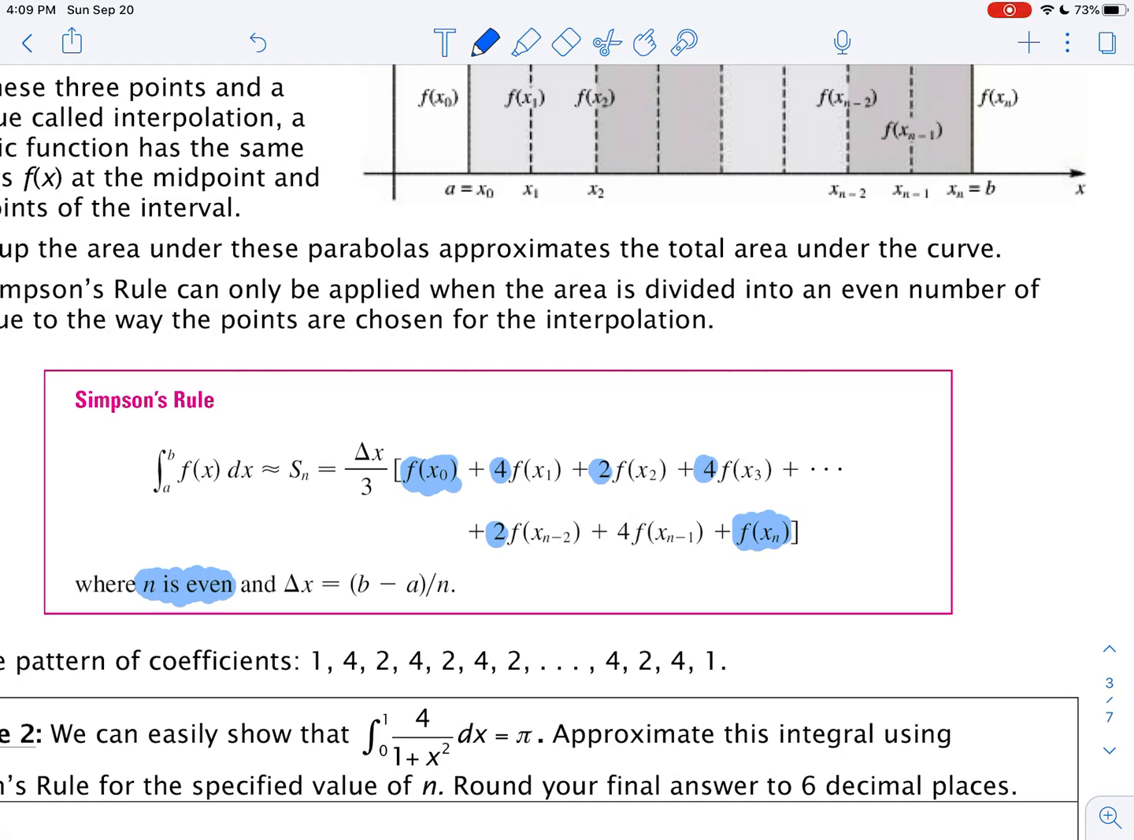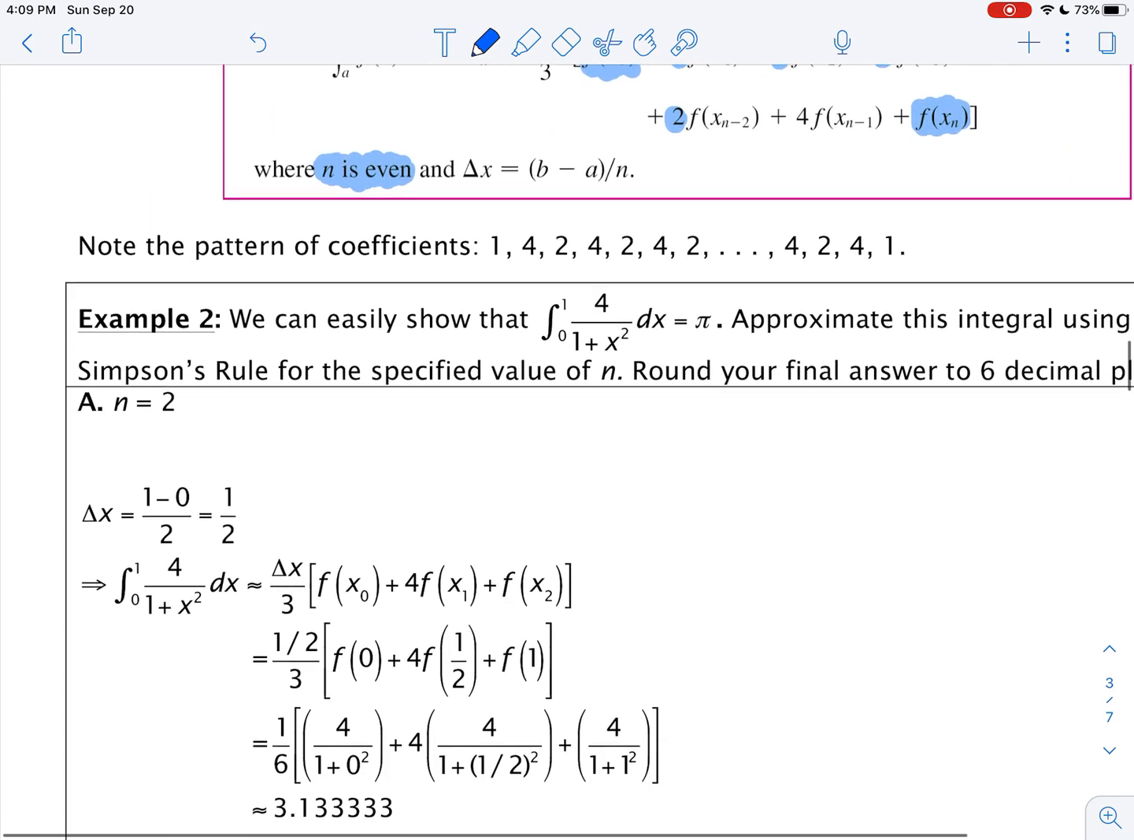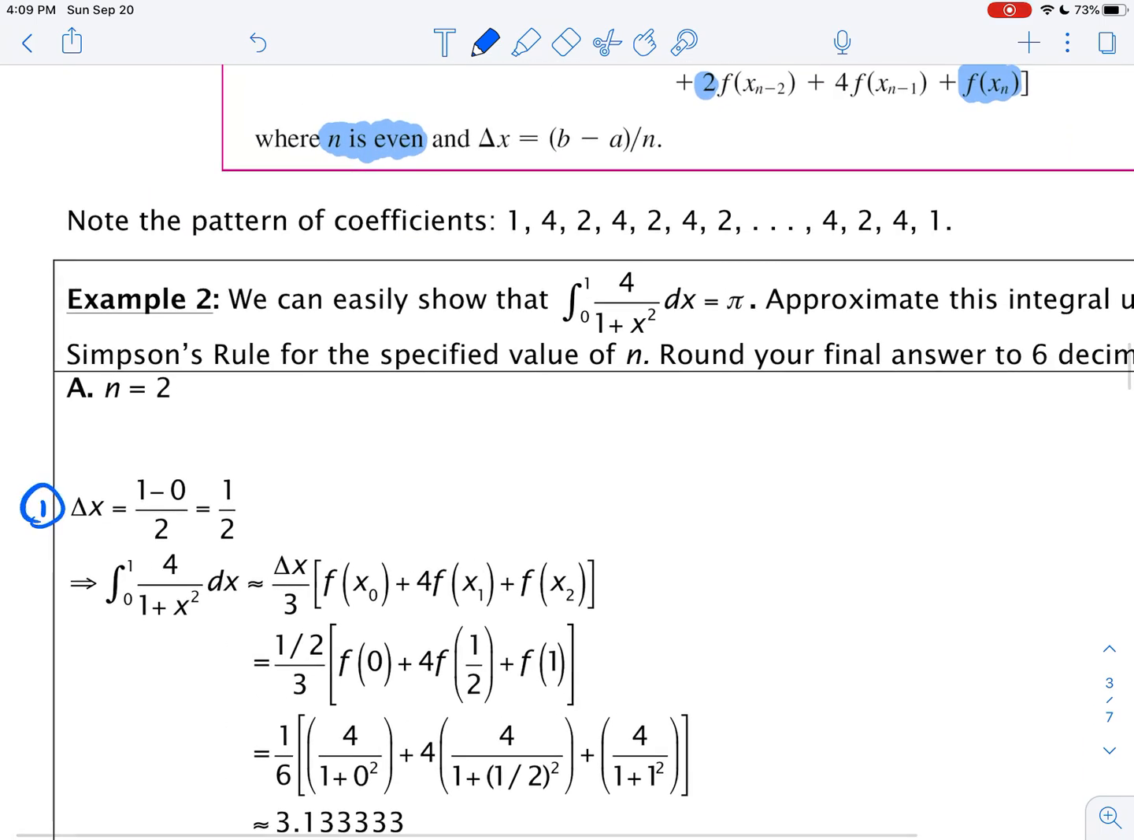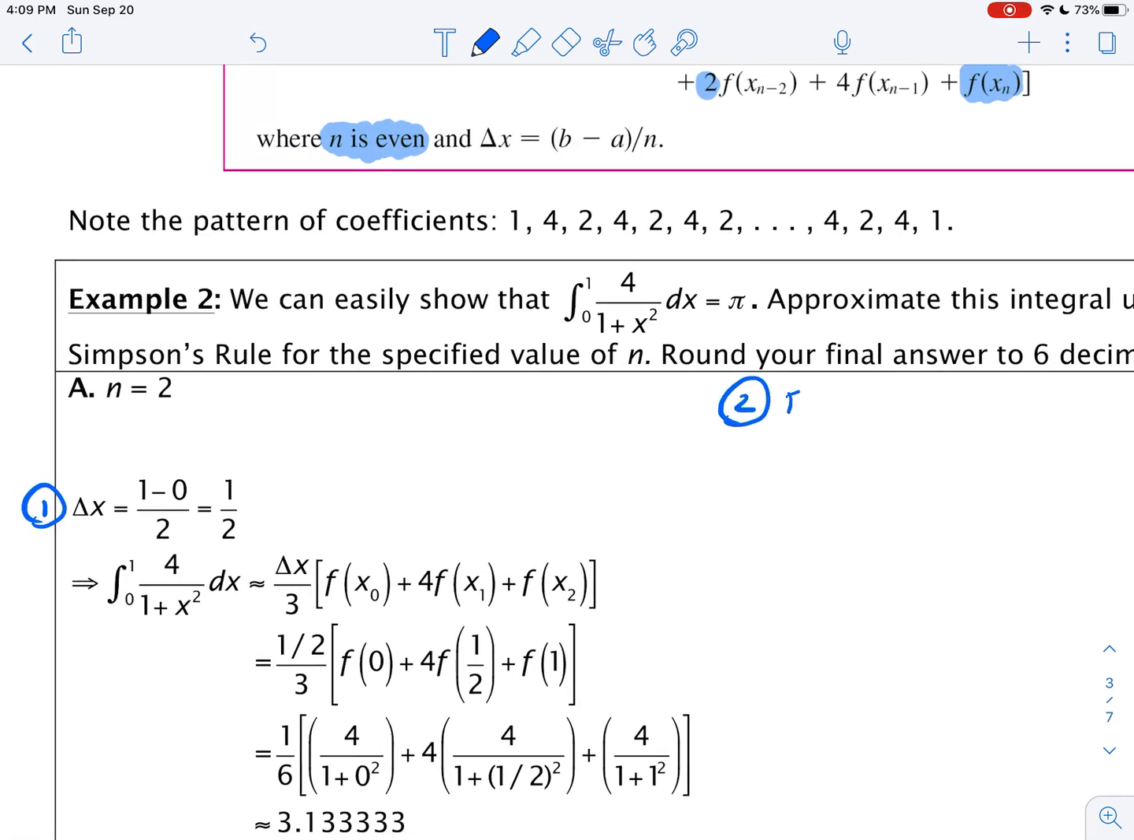So again, the technique is the same. You want to find your delta x. Your delta x is still going to be b minus a over n, and your xi's are still going to be a plus i times delta x. So you would still find those, and you would still want to start with that as a first step. You would want to find your xi's, and you would want to find your f of xi's,